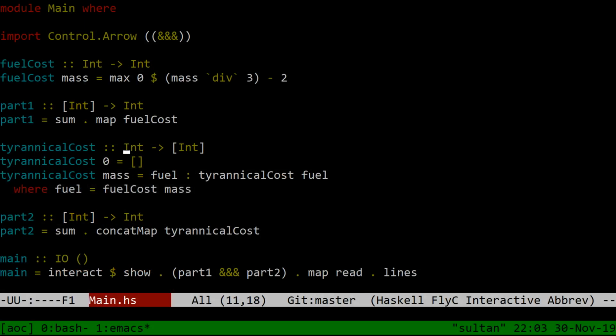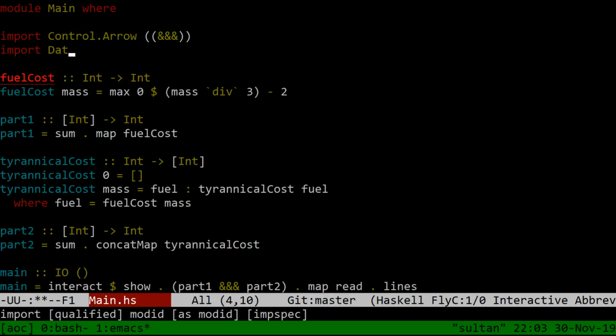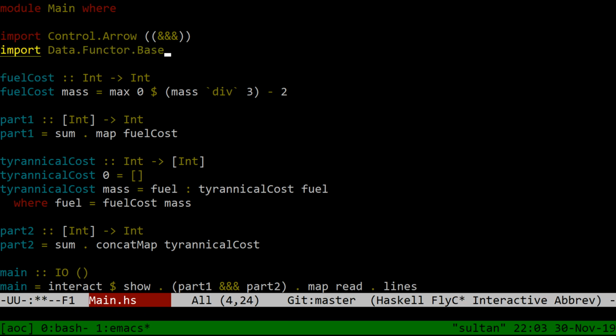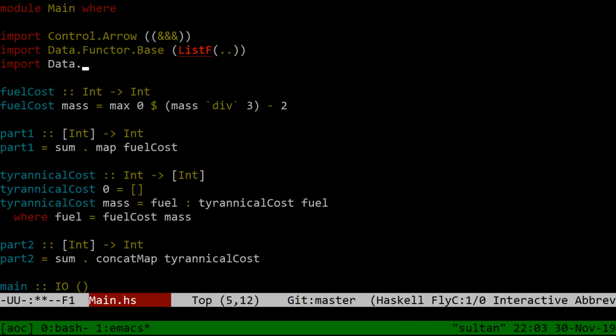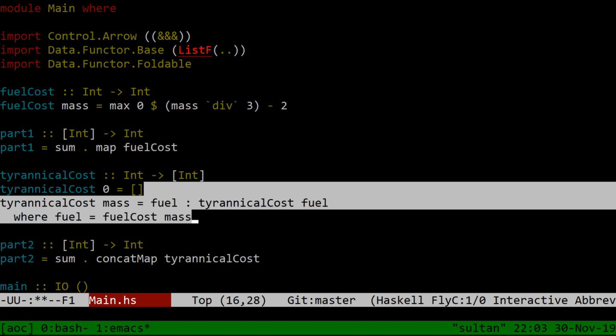With recursion schemes, right? So I want to import Data.Functor.Base, I think. Is this how I have to do this? And then import Data.Functor. Obviously, this is way more work than just doing the thing by hand, but I wanted to practice not writing my own recursion. And here is the one place in the whole program that I did recursion.